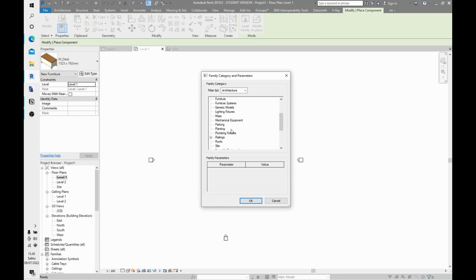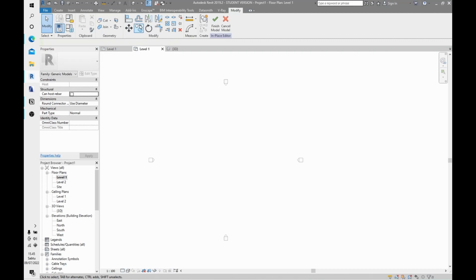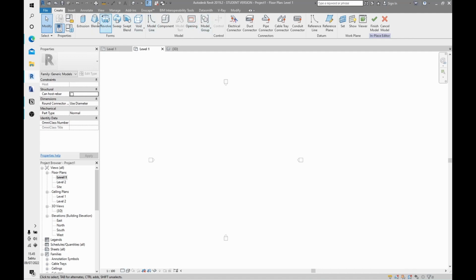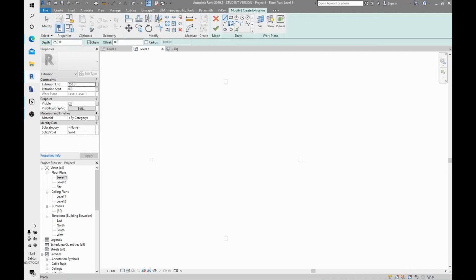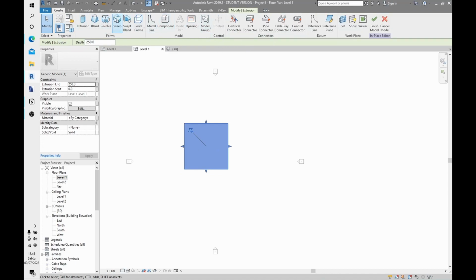Let's say generate models. Okay, generate model one. Now I'm gonna create a simple geometry, square. Now I'm gonna make it two. Just create again,